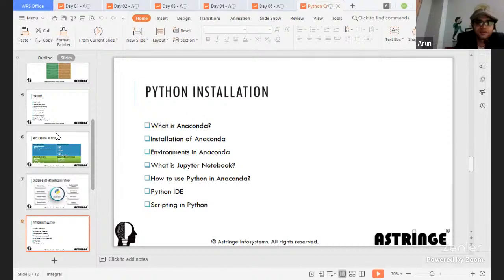Now, if you ask me what Python IDE I typically use, it's PyCharm or Visual Studio Code. As of today, I'm using Visual Studio Code, but earlier I used to use PyCharm. I have also explored Spyder, but I would rather prefer an enterprise tool over Spyder. Scripting in Python, yes, you can do scripting in Python. I generally do scripting in Jupyter Notebook, to be honest. I will not use Python directly.